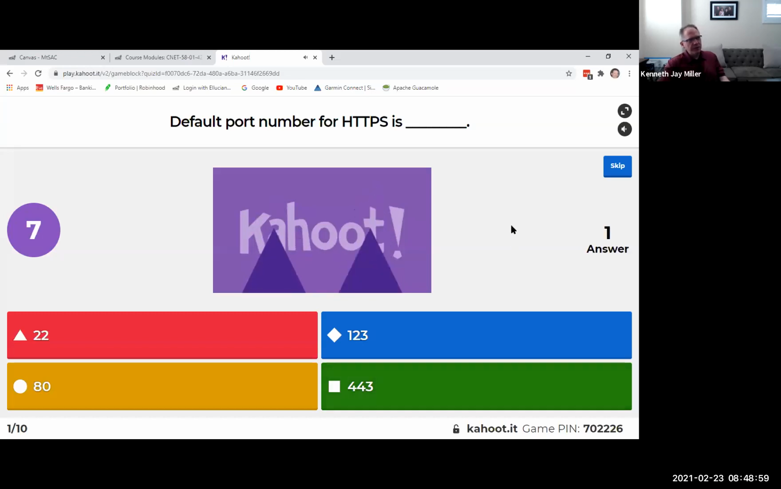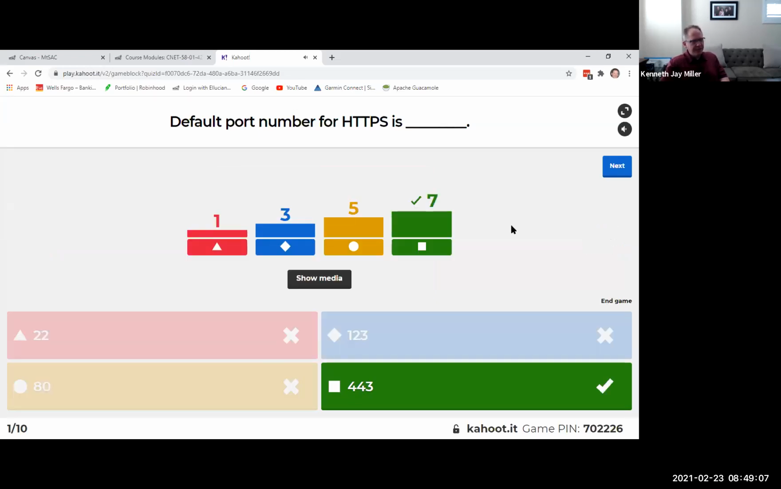So what's the default port number for HTTPS? 22, 80, 123, or 443? You only have 5 seconds to answer. And 7 of you got it right, and it's port 443. Now, when we do our web server and our web development lecture and lab, you'll need to know that, because you need to punch a hole in the firewall that says allow traffic in and out of port 443. That way we can use the HTTPS